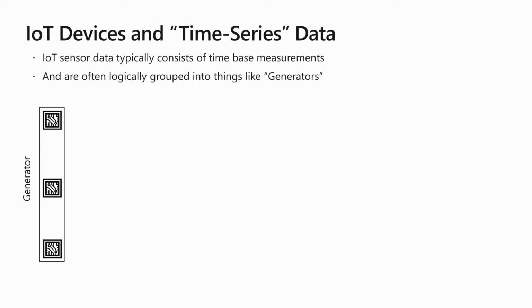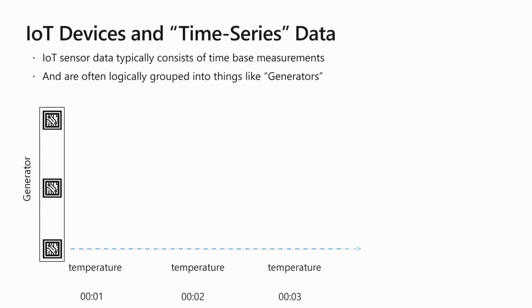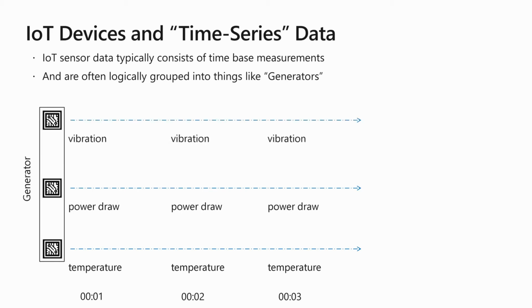Now, this sensor data is typically grouped into logical buckets. So in this case, we have things like generators. And within each of these generators, they're sending messages over time. So in this case, we've got temperature, we've got power draw, and we've got vibration. And each of these disparate signals is emitting telemetry on some set interval. And sometimes these intervals are at the same time, sometimes they're at different times. But regardless, they're generally sending data on a regular basis from the device to a gateway or even directly to